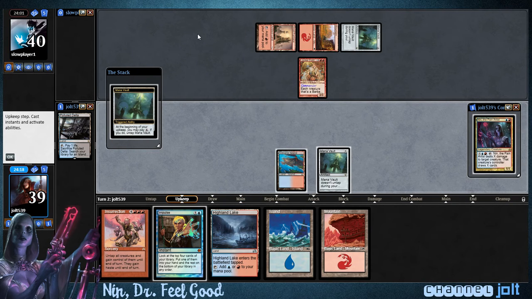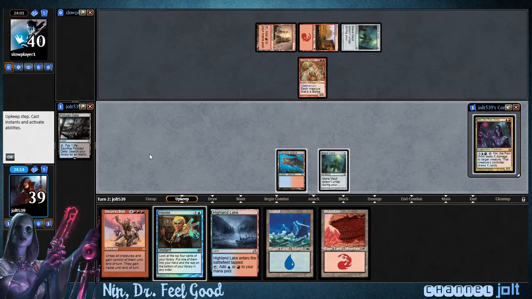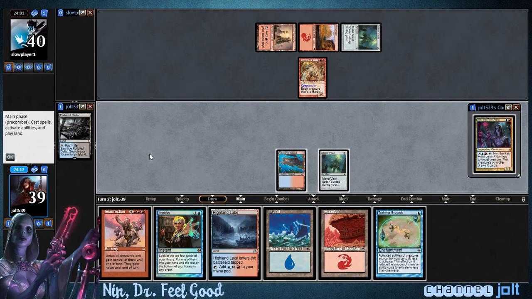I'm excited to play against this man, Soul Player 1. He's got some really good commander decks. I appreciate him, man. He's a steward of Commander. Ooh, we can get into Training Grounds. Okay, so